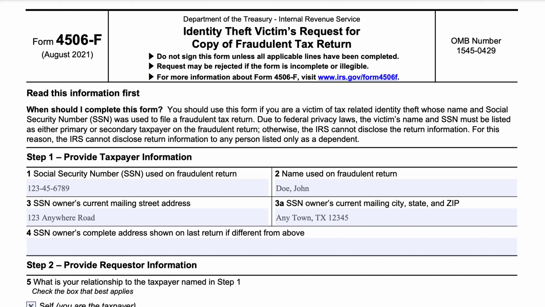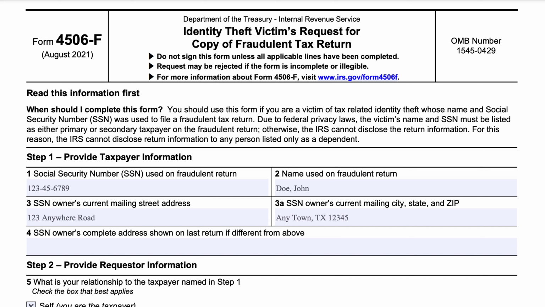So if you tell the IRS, then they will help. They'll actually start a tax-related investigation. You'll receive a case number. You'll receive a letter of acknowledgement. You'll receive notification as to when the IRS believes that they've resolved your case.